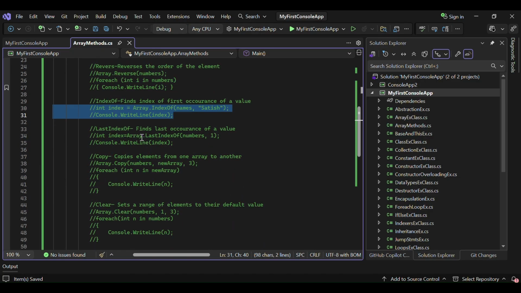Next is LastIndexOf, which finds the last occurrence of a value. So it is just the opposite of IndexOf. It will return the last occurrence of a value. So if I uncomment this,